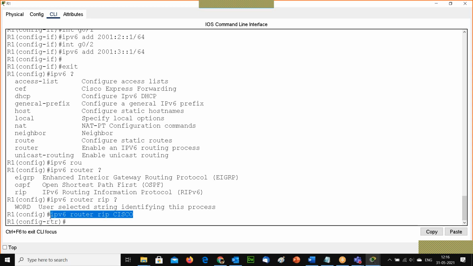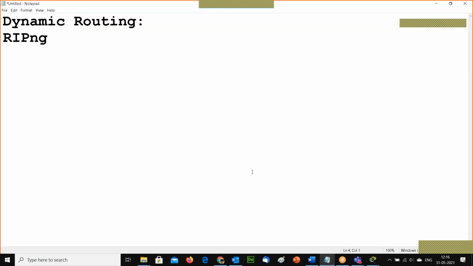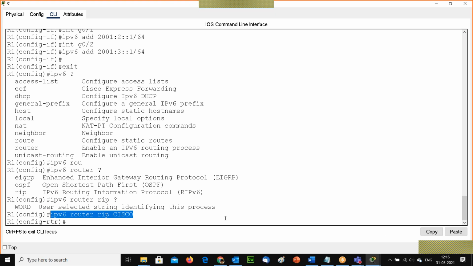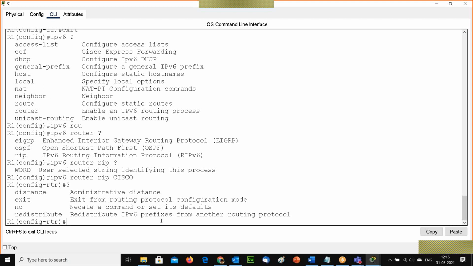First we need to enable IPv6 routing. Right, ipv6 router rip. Then you have to give a name, any name. I'm giving Cisco. This is the first configuration. Then you have to specify a few things here, such as no auto-summary if you would like to do it, redistribute, or any other things if you need to do, you can go and do so.